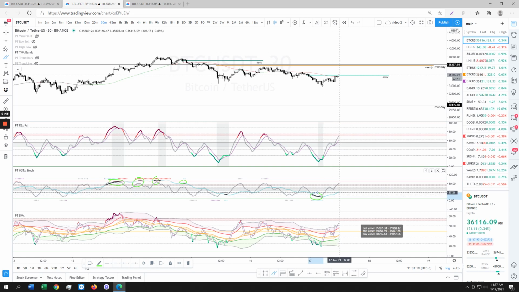Now it started trickling up. The minute this line does not reject off the gray and goes above the gray, we're officially micro bullish. It's all about the blue line, guys. The blue line on the Stoke is the most important line. The minute we get above mid, we're bullish. The minute we're under mid, we're bearish. You can see it over here.